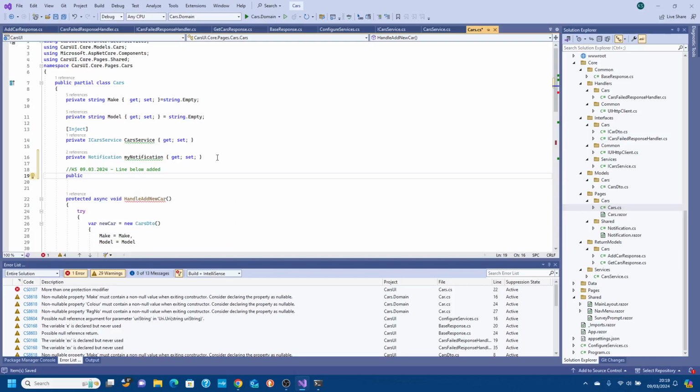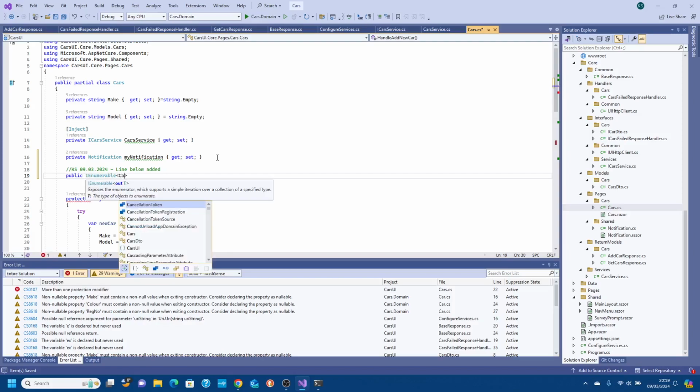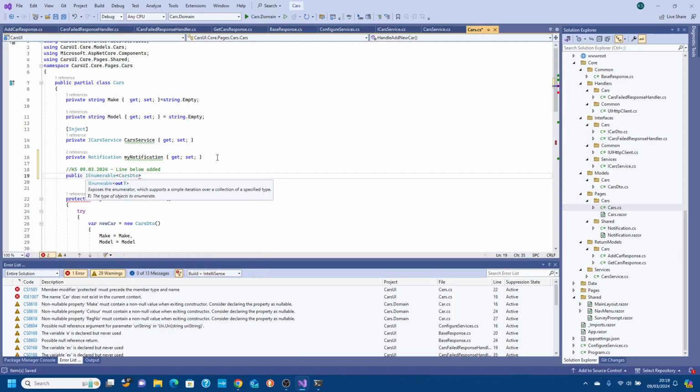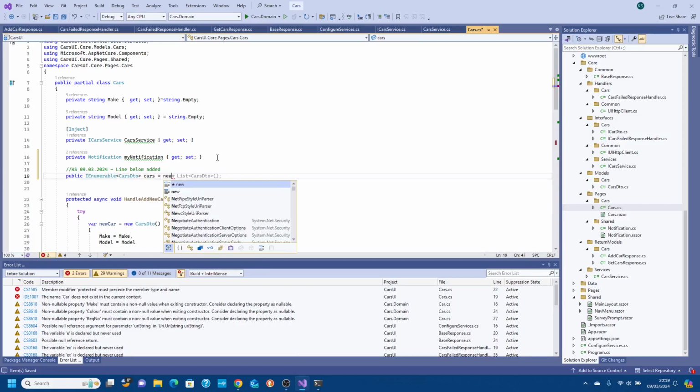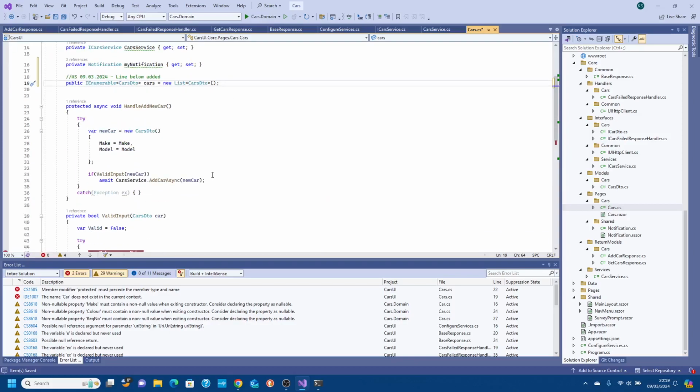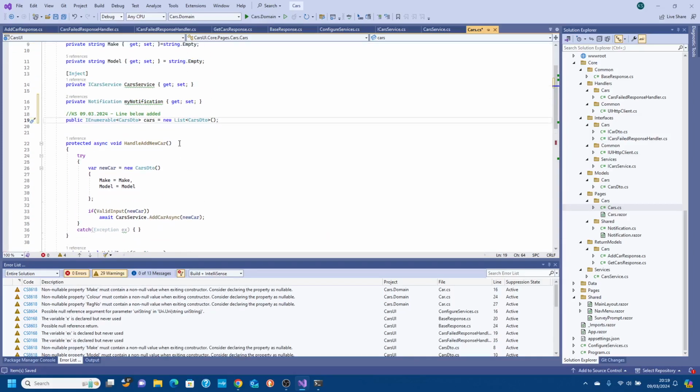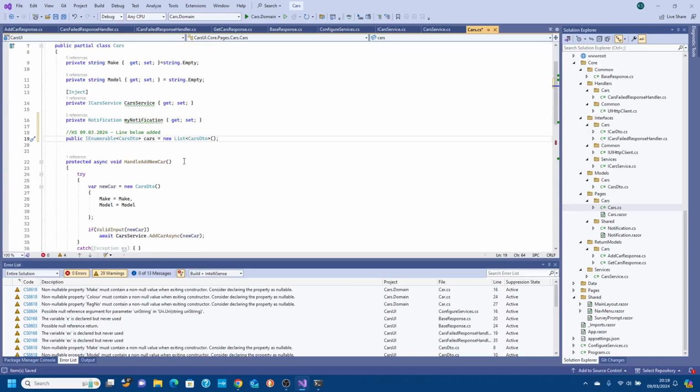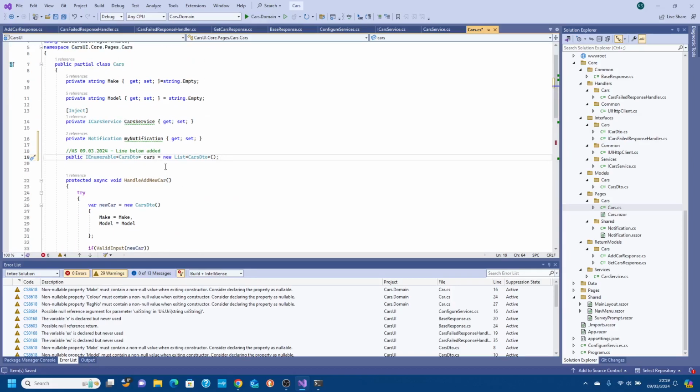And we want an IEnumerable of the type DTO, and we want to say cars equals new list. Okay, so what we want is